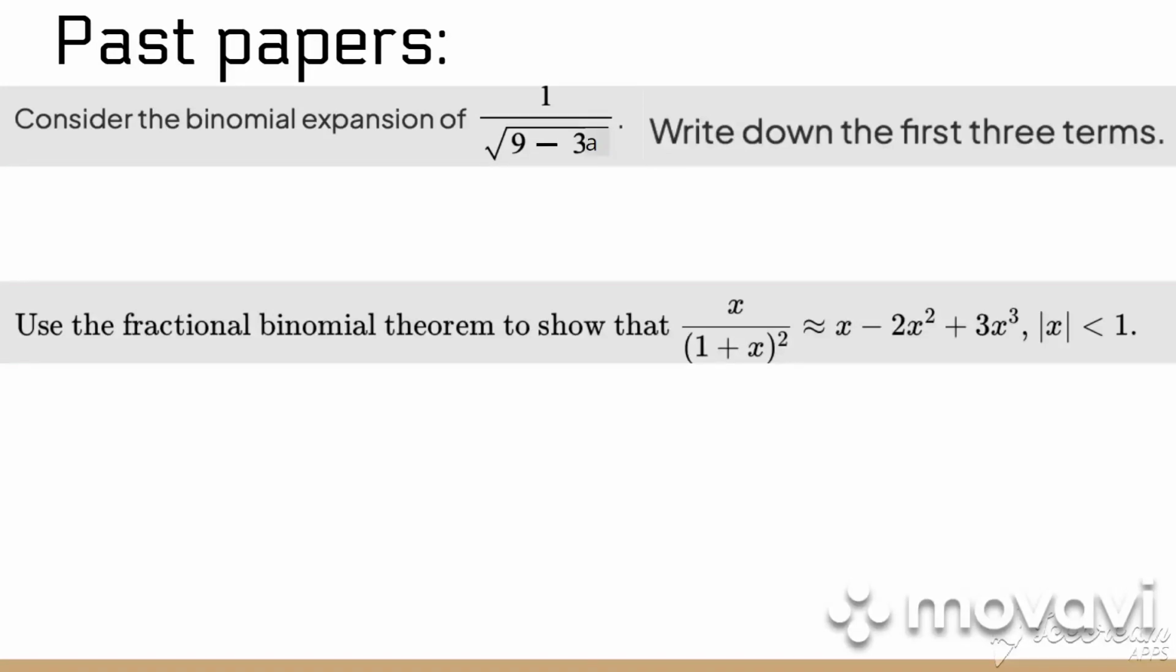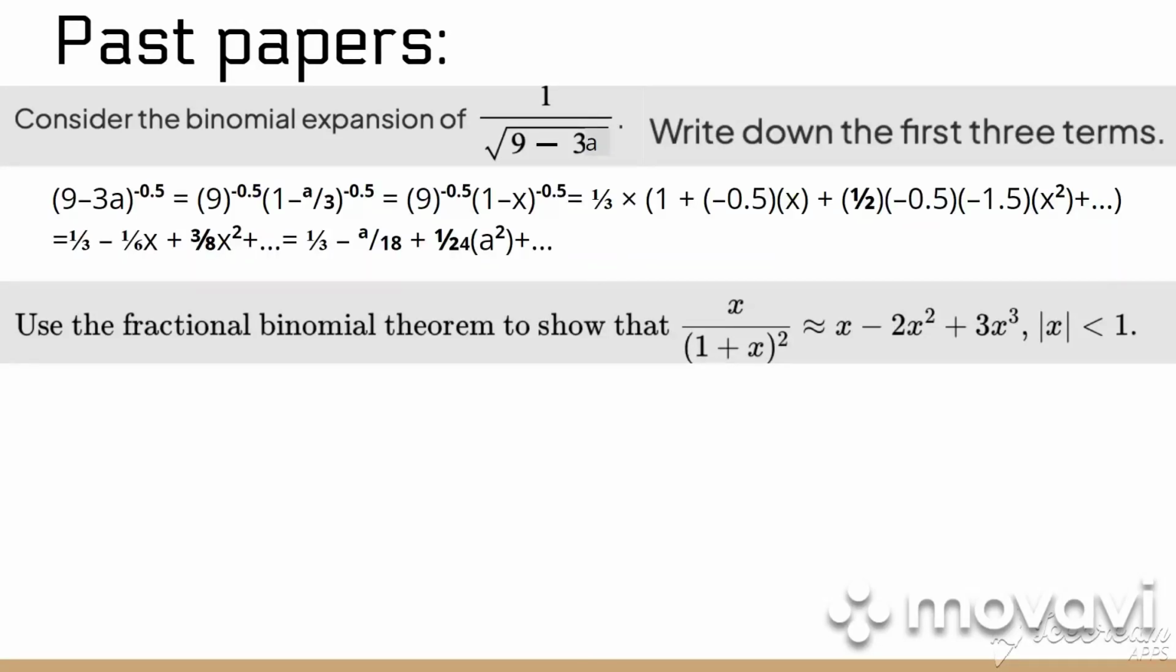Consider the binomial expansion of 1 divided by square root of 9 minus 3a and write down the first three terms. So in this case n would be minus 0.5. We can rewrite the expansion as 9 minus 3a to the power of negative 0.5. The n will be negative 0.5. And to use the formula 1 plus x to the power of n, we need to divide 9 to the 9 and minus 3a also to the 9, and we'll get that 9 to the power of negative 0.5 multiplied by 1